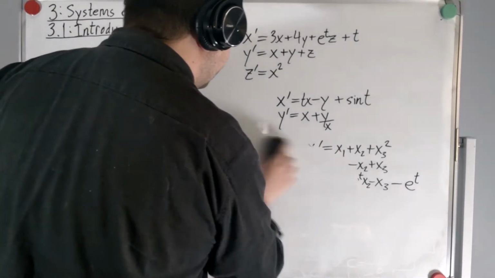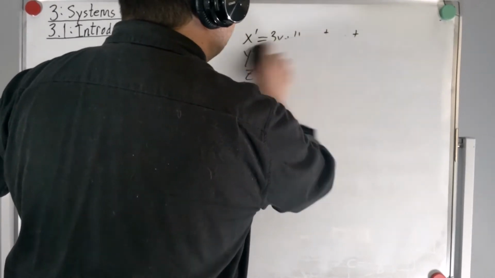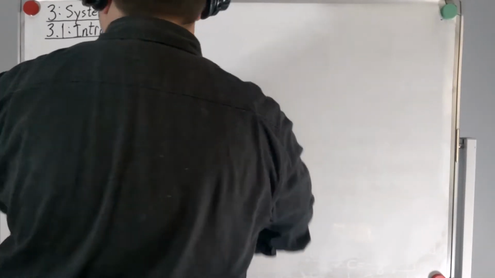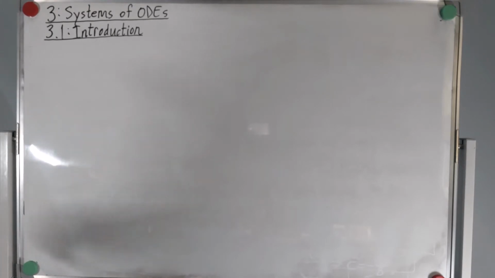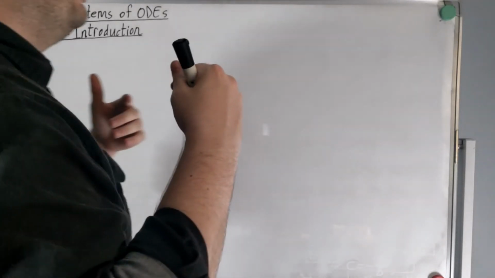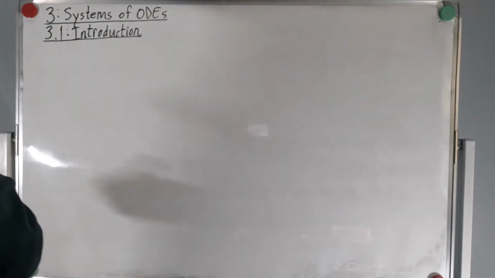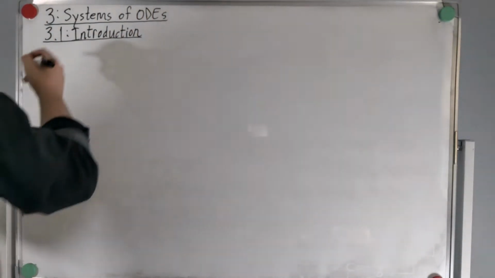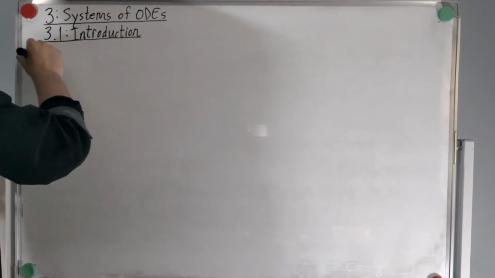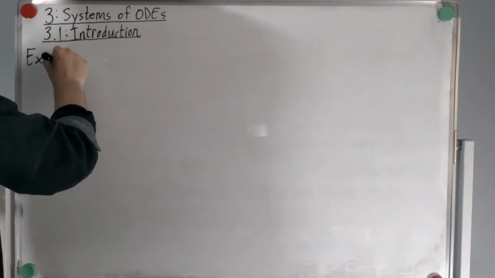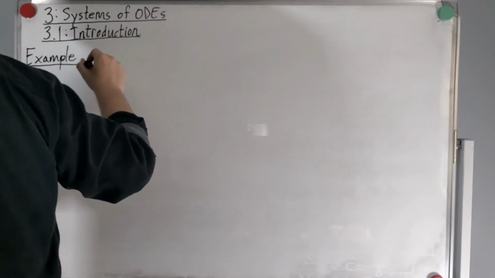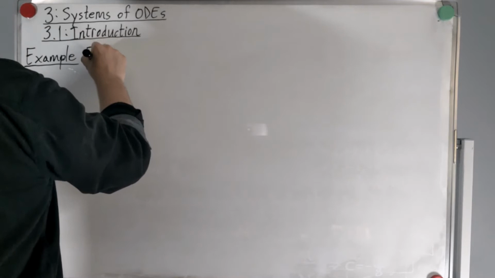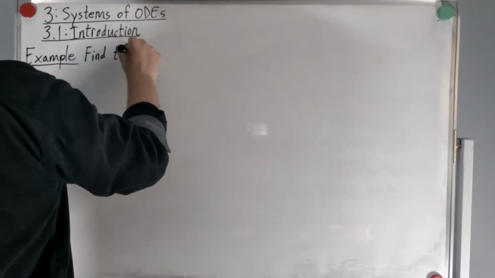So just like scalar ODEs, systems of ODEs have general solutions and particular solutions, and there are initial value problems that you can solve for systems of ODEs. And some of these you already know how to do, because they're just not that hard. So let's look at an example. Let's say find the general solution